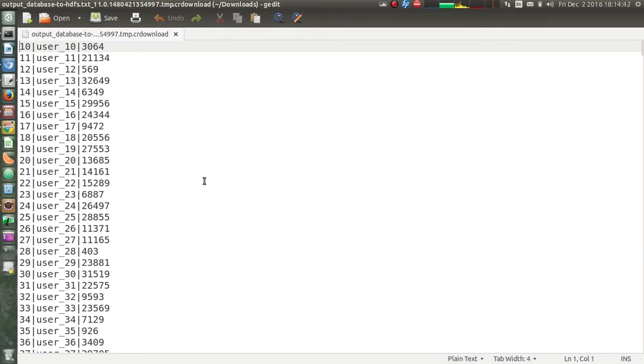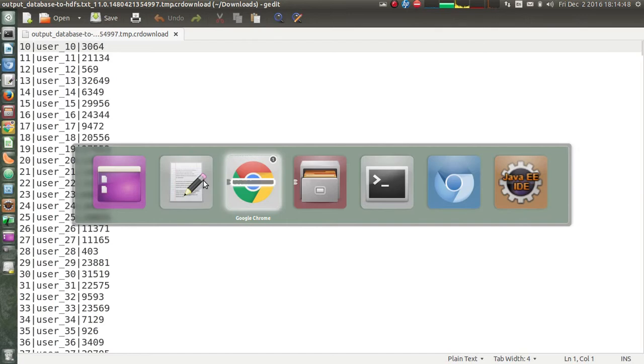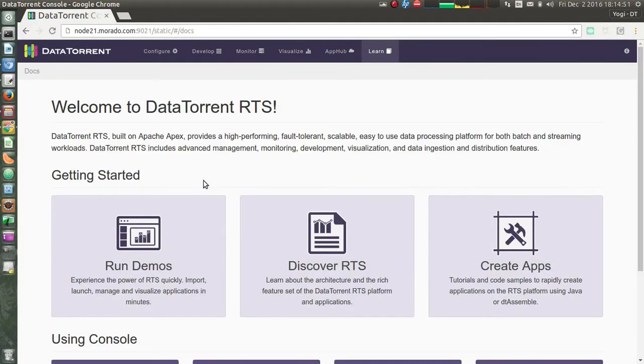In this case we are considering that the first field is account number, then name and amount. These messages we will read from Kafka and then write to a database, which is a Postgres database in our case.